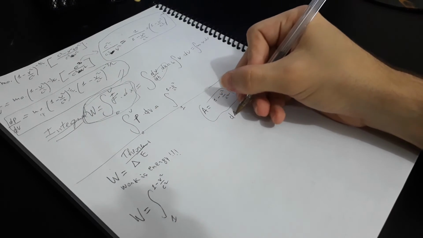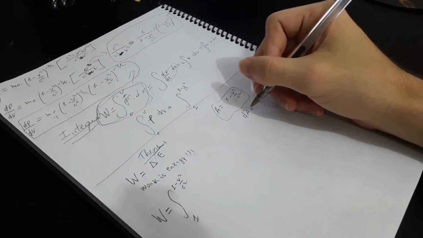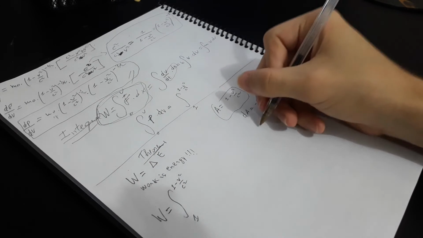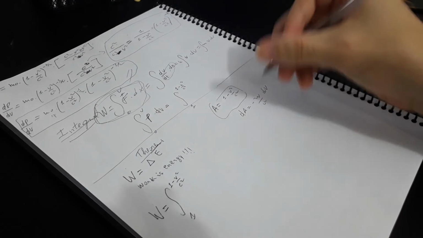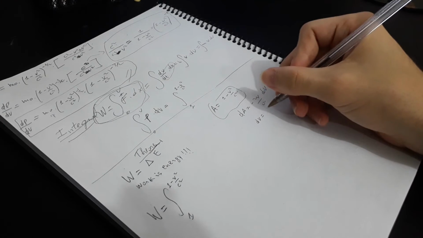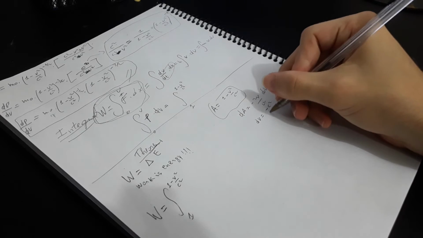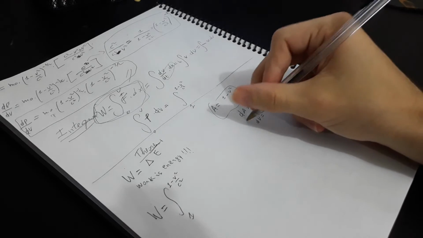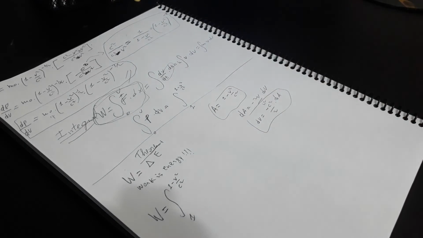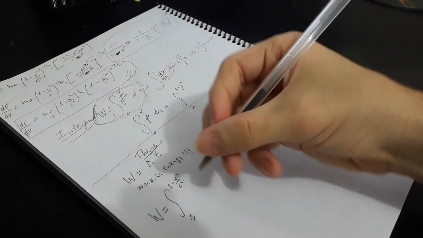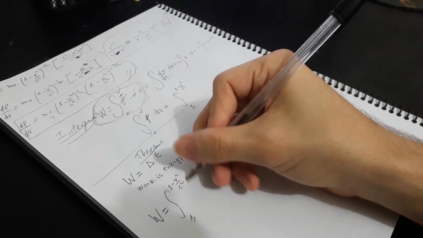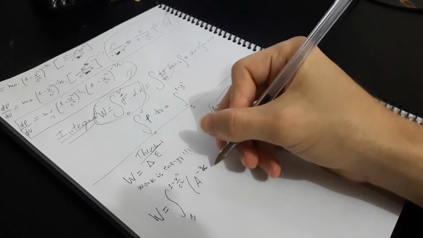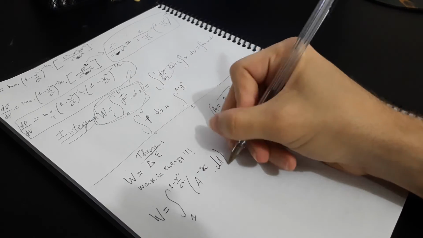Derivating, you will get minus 2v over c squared dv, and my dv is equal to minus c squared over 2 times dA. That is the formula that I want. So I will have this times dA,